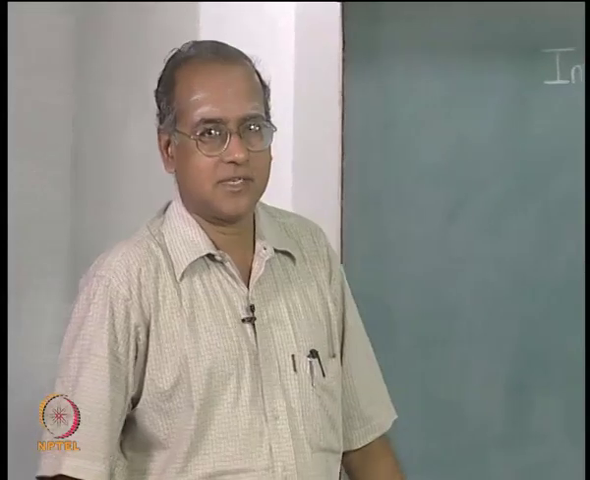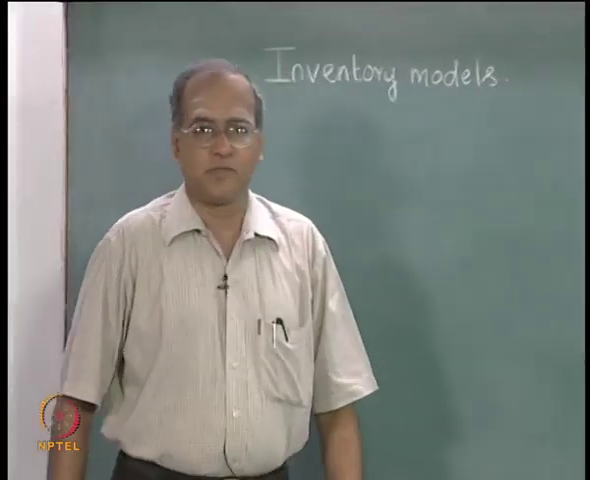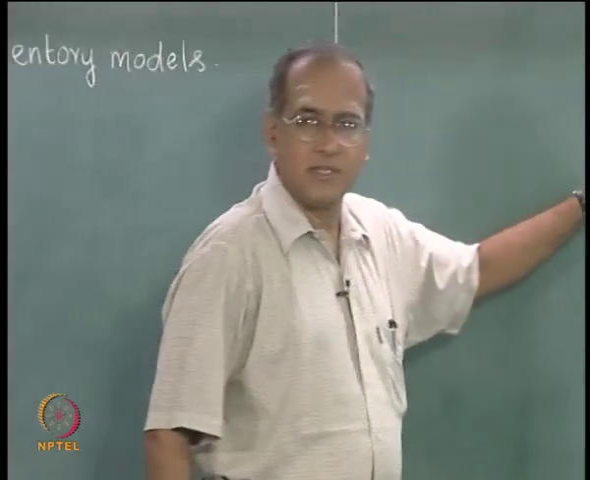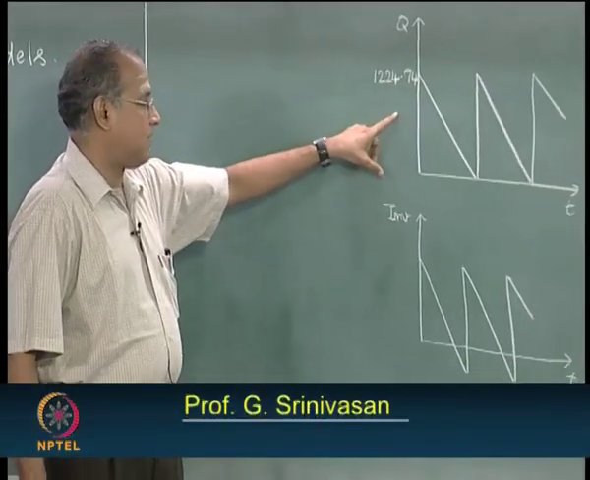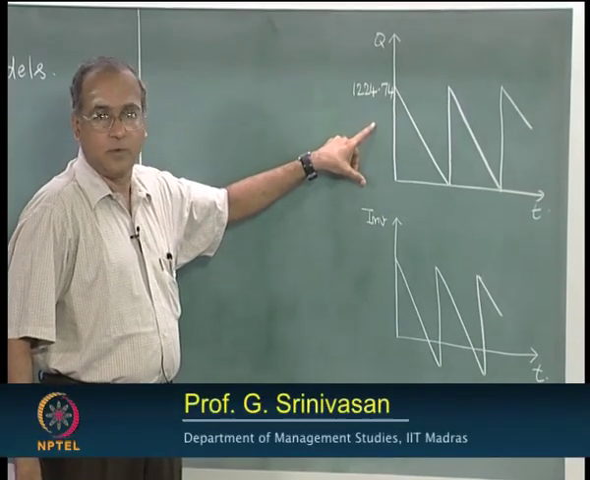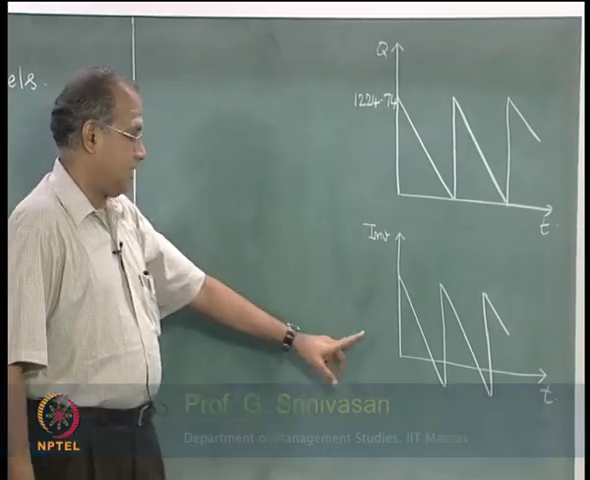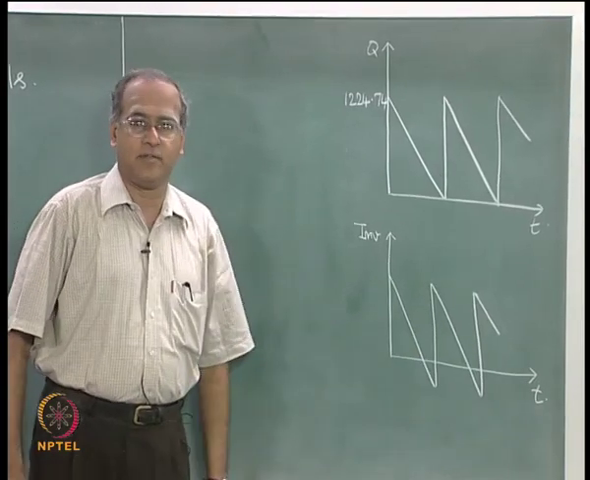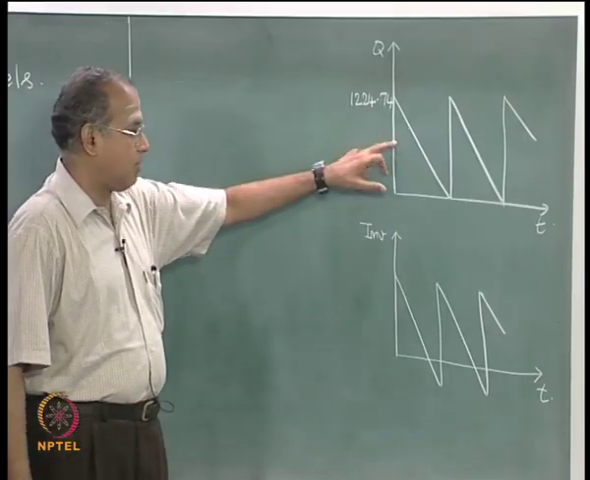We continue our discussion on inventory models. We have so far seen two models. This is the diagram for the first model where we consider continuous demand and no back ordering. In the second model we considered back ordering and we derived expressions for the economic order quantity under both the